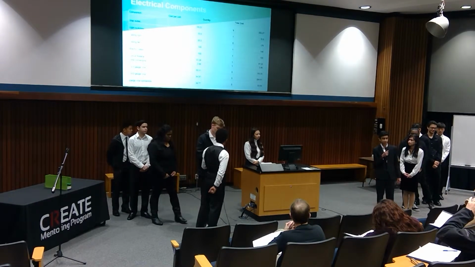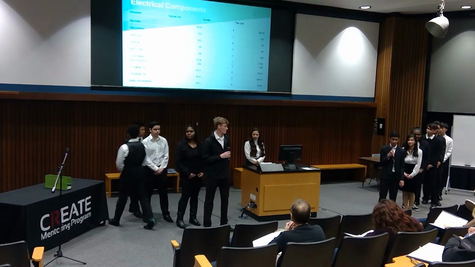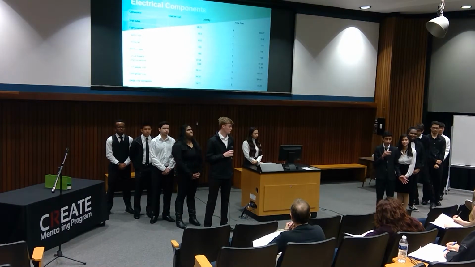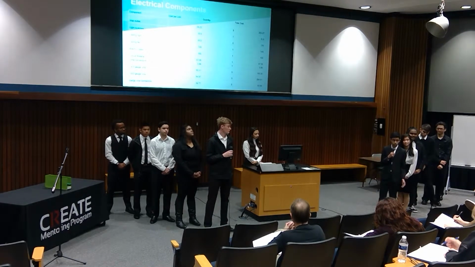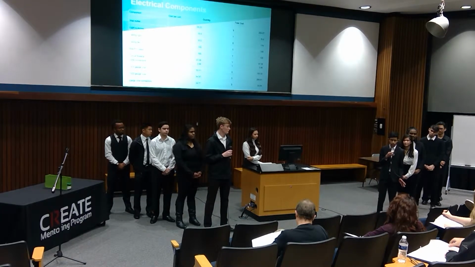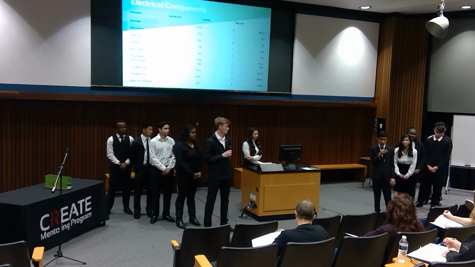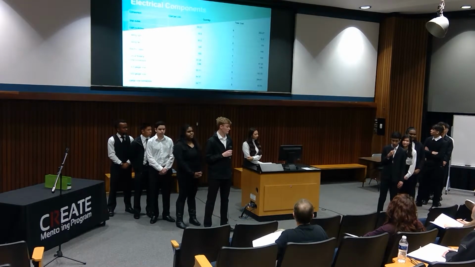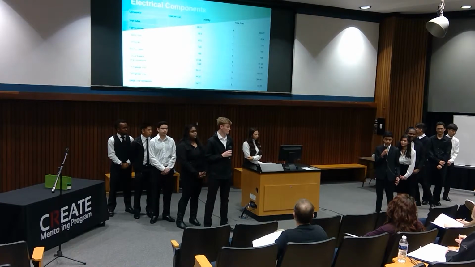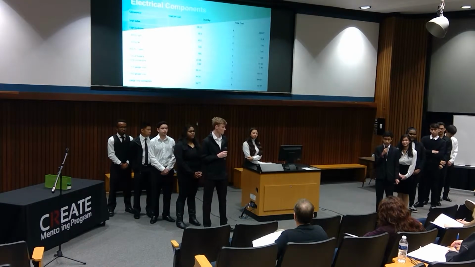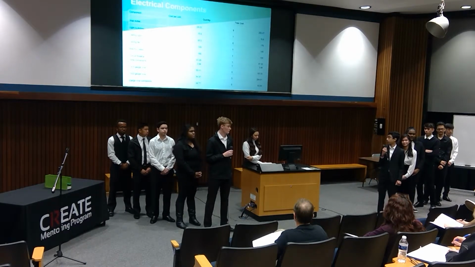Hello, my name is Dylan Patel, and I worked on the electrical components for our tiny home. Now, the process that I had while working through this was to follow the ACE standard guidelines that we made for ourselves. A being affordable, C being comfort, E being efficient. Now, comfort really doesn't apply here, but affordability and efficiency do. And what I mean by efficient is that these components will work well with the appliances that we have in our tiny home. For example, a TV, fans, lighting, refrigerator, etc. We want these components to deliver and get the job done, at an affordable price. Same thing with the solar panels.